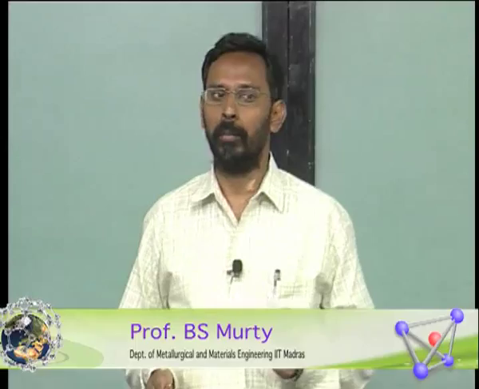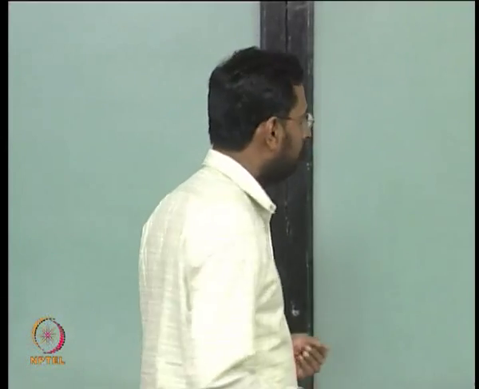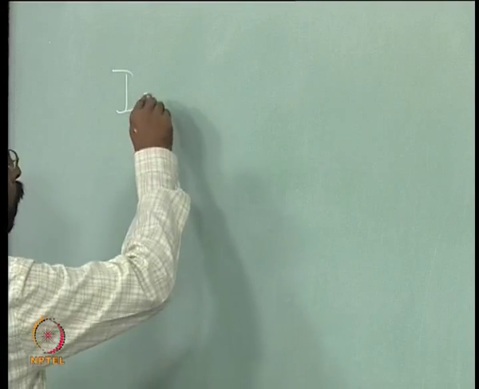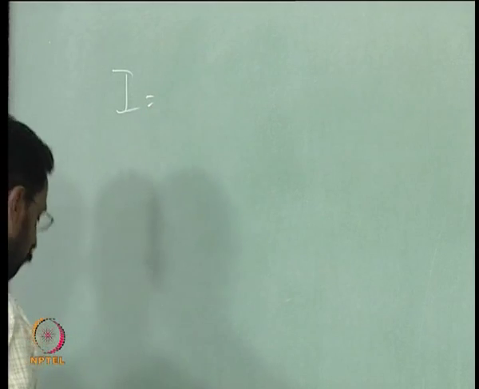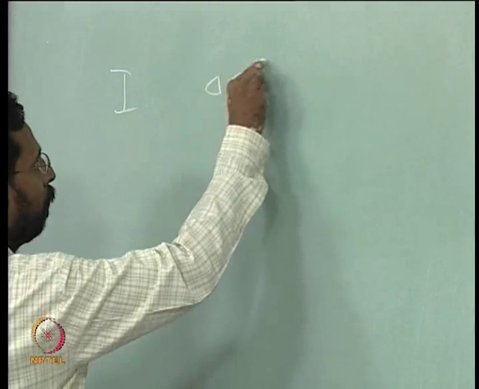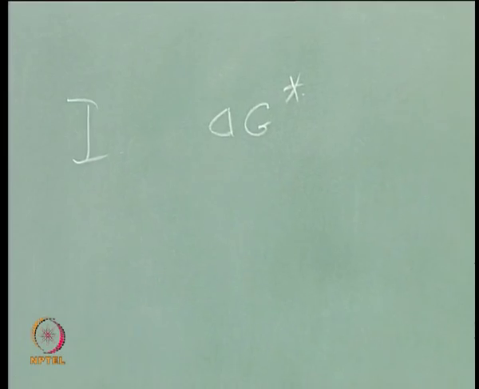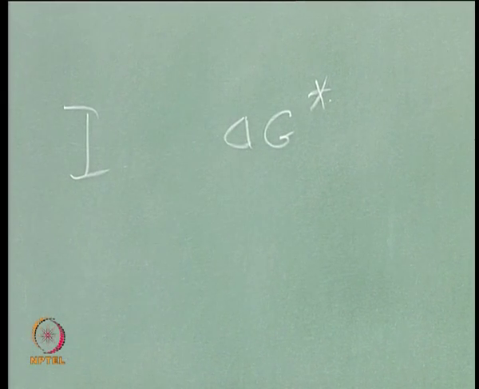Take up today one aspect which was related to the free energy associated with the undercooled melt. We talked earlier that the I, which is the nucleation rate, is related to delta G star. All of you know the equation, so I will not put the equation. Of course, there is also another term which we always remember, which is the delta G d term, which one